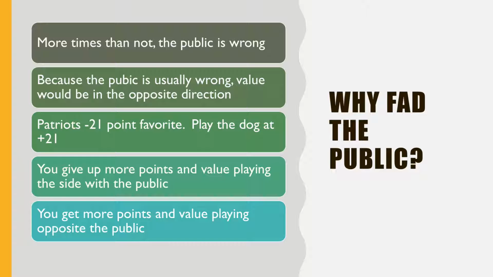The sports book term for that is shade it, which means they make them more of a favorite than they should be. So in this example, Patriots probably should be minus 14 in a game, but the sports books will add money to that because they know that the majority of people are going to put money down on the Patriots. So if you play the Patriots at minus 21, you are overpaying for that when they should only be probably minus 14. So realizing that, the value is in the other direction. So play the dog at plus 21. Why? Because the dog should be about a plus 14, but because they've inflated and shaded the line to the Patriots side, instead of getting 14 points, you're now getting 21 points.